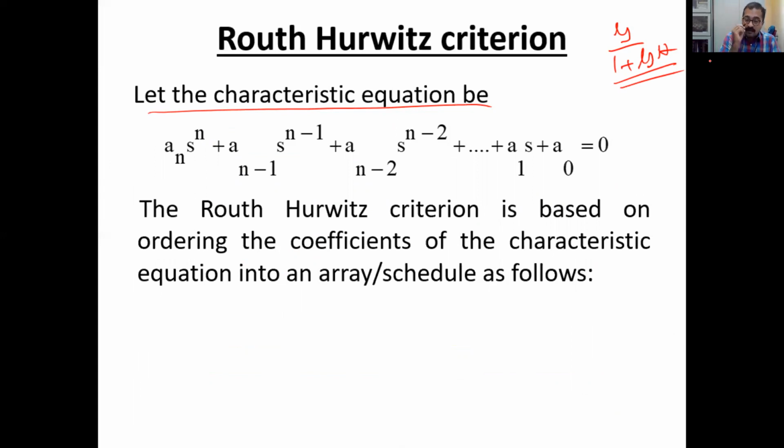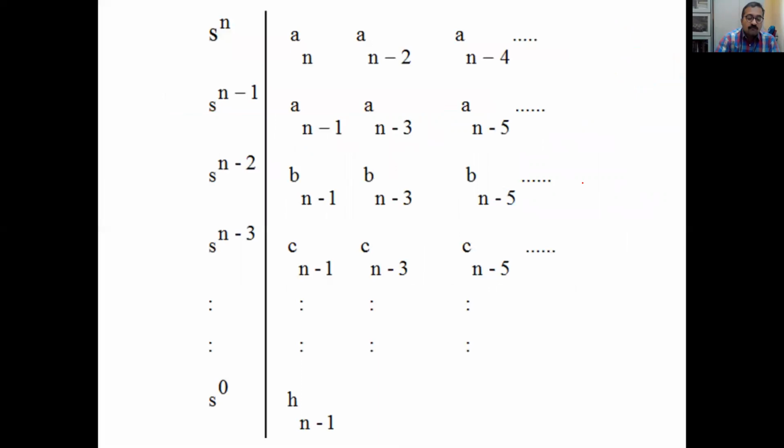Okay. So now I have my characteristic equation in such a way that the power of s is decreasing: s raised to n, n minus 1, n minus 2, and so on, down to s raised to 1, s raised to 0. So the first step is to arrange your characteristic equation such that the power of s decreases by 1, with coefficients a_n, a_(n-1), etc., up to a_0 associated with these s terms. Now what we have to do is create what is called a Routh table, or a Routh array.